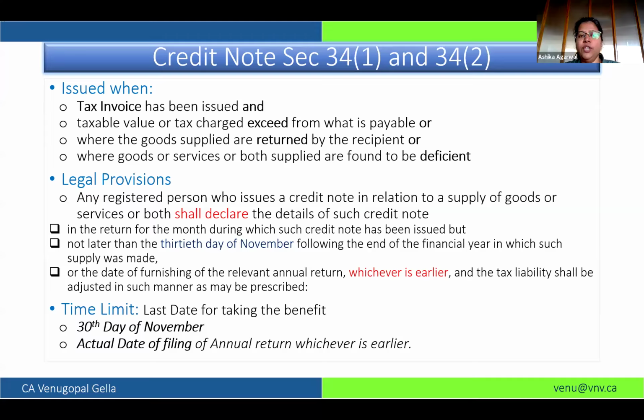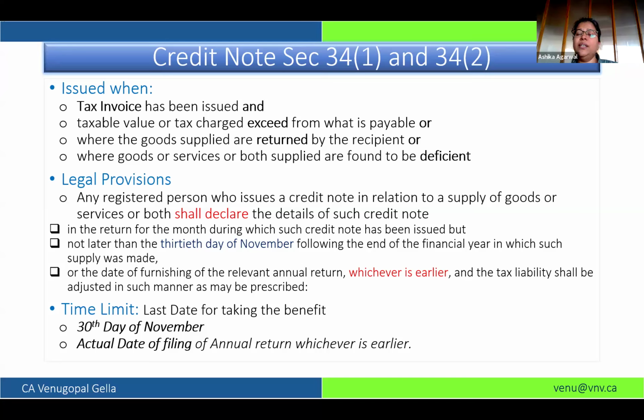And one more thing: earlier, a credit note was specifically linked to the invoices. Now there is no linking with the invoices. So in GSTR-1, though a credit note relates to an invoice of 24-25, if you disclose it even after October in GSTR-1, it will be taken.